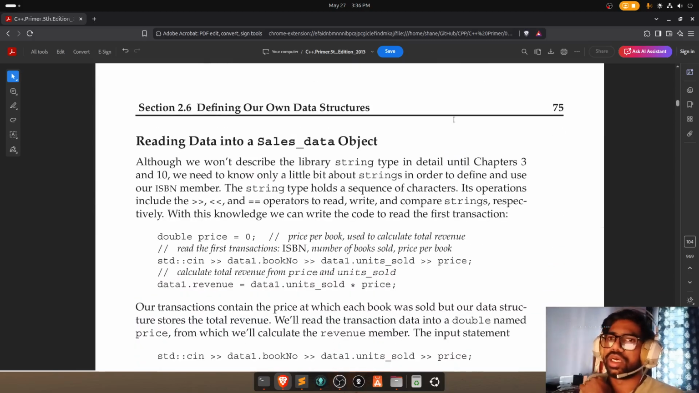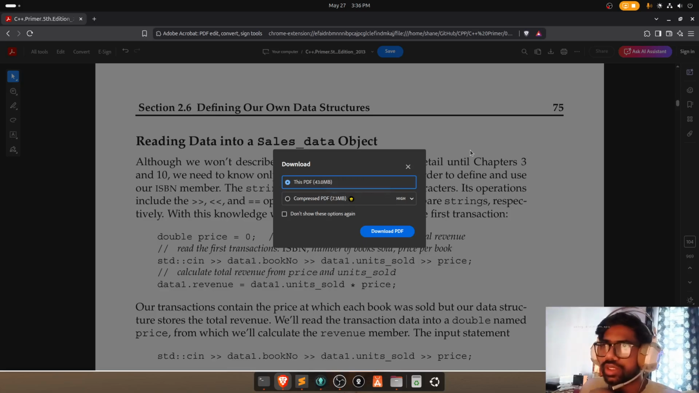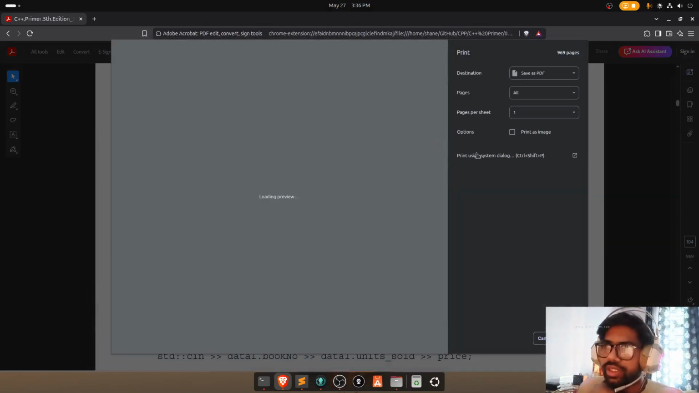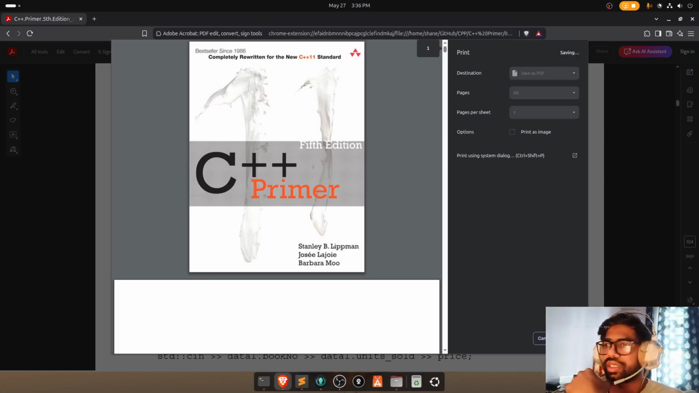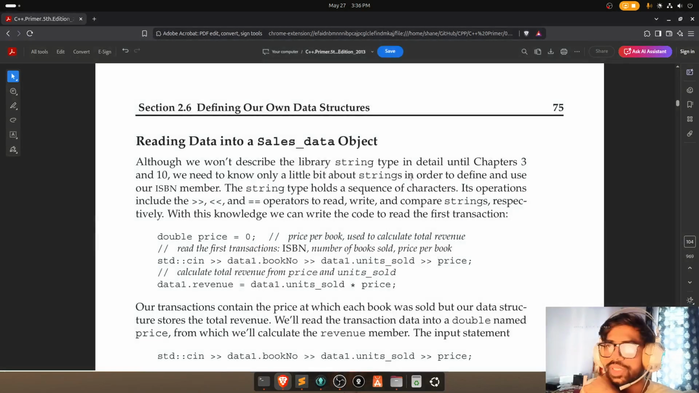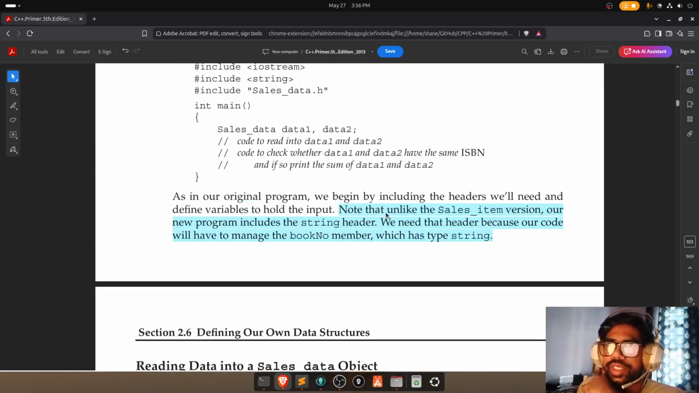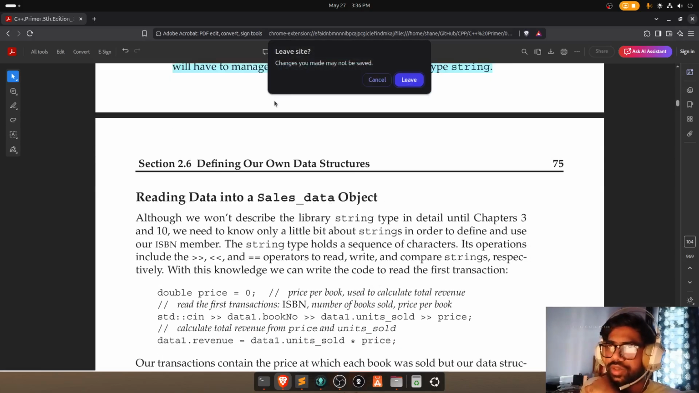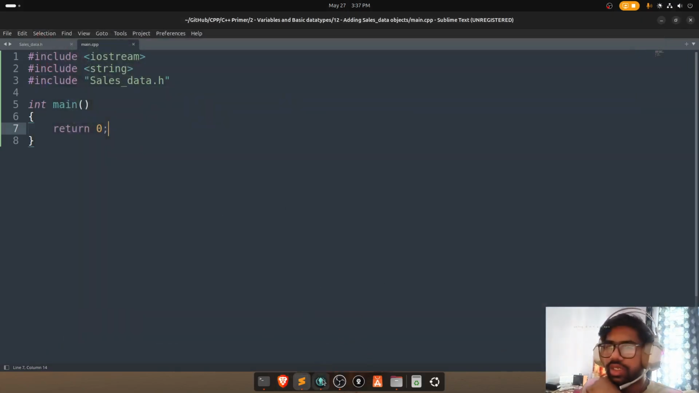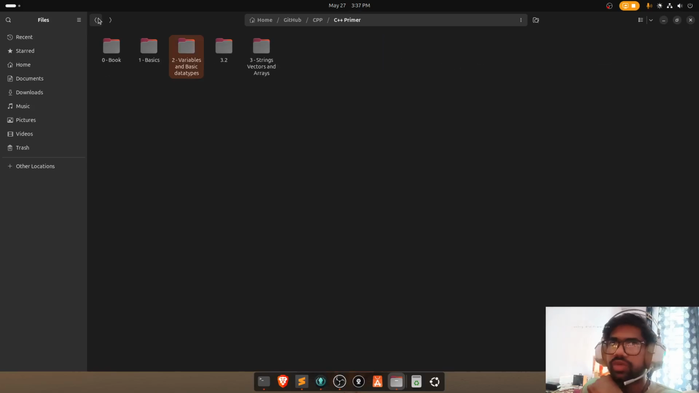Okay. So let me print it so that all the variables are saved. Save. Go to home, GitHub, CPP Primer, and save this. Just replace. Okay, so we have replaced. Now, if I open it,